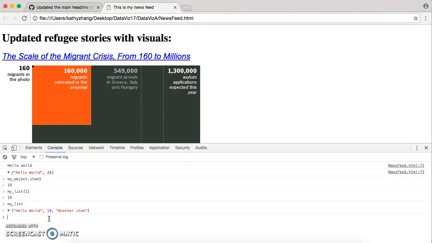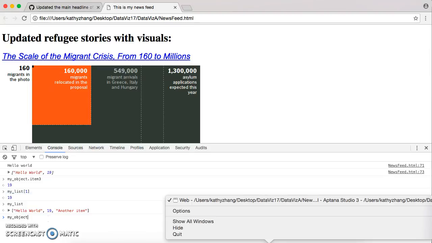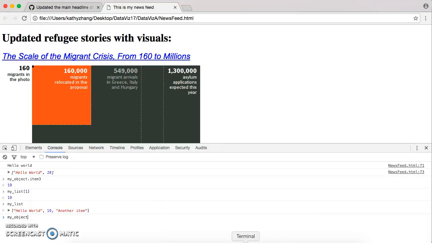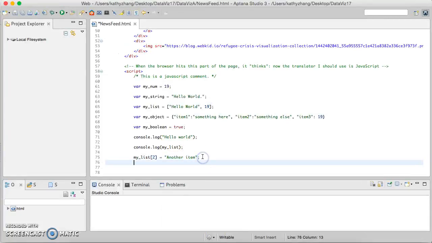So if I want to add another attribute, another feature to my object, I can just name it. Oh wait, I'm not going to do that here. Sorry. Back here in Aptana, I can just say my object item 4 equals